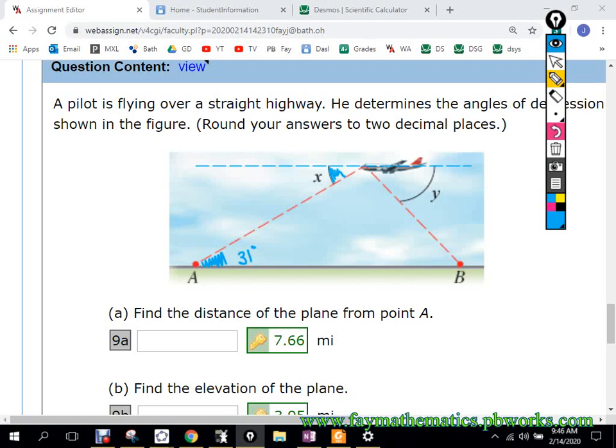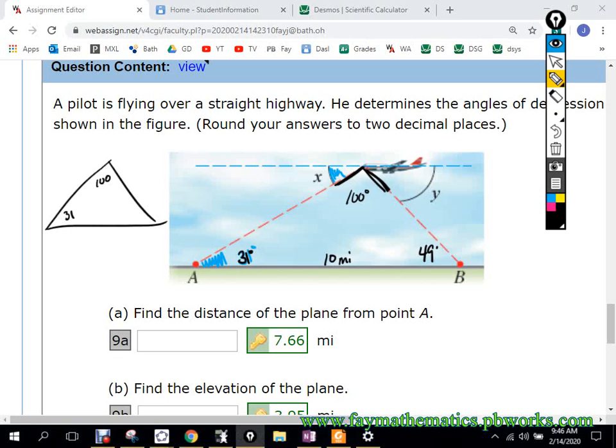Make sure you answer the second part correctly. I think in mine this is like 49 degrees. So then what is that angle right there? 180 minus 31 minus 49. Okay, so it's 100 degrees, right? This is 10 miles. AB is 10 miles. So now do I have